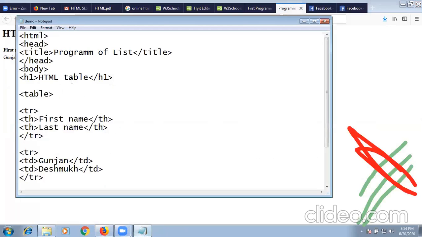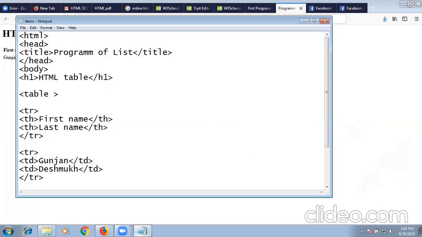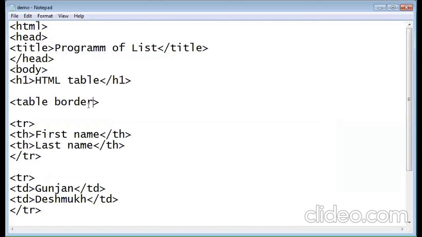So I will use the border attribute in the table. Just simply add the border attribute, border equal to 1. I will save it, then the output will be like this.